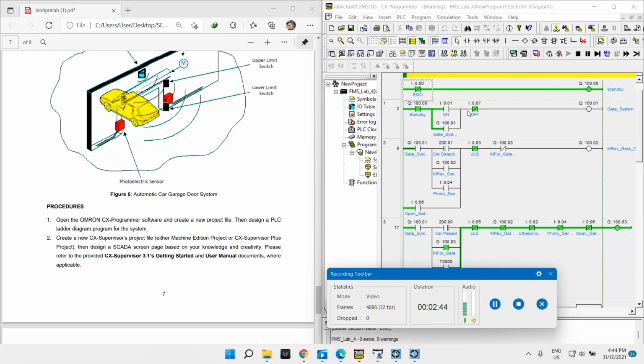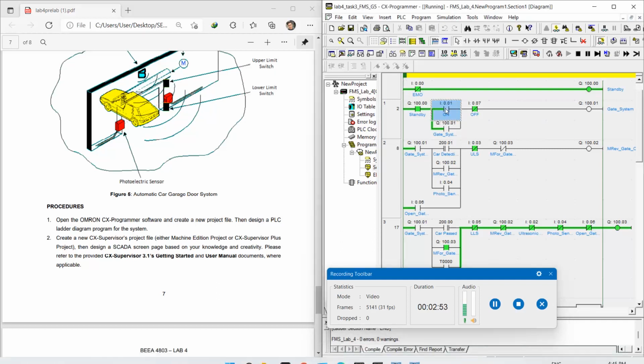The off will be detected as the turn-off button. The gate system operates when the switch button is on, so the gate system will be energized, and when the car detection is energized,